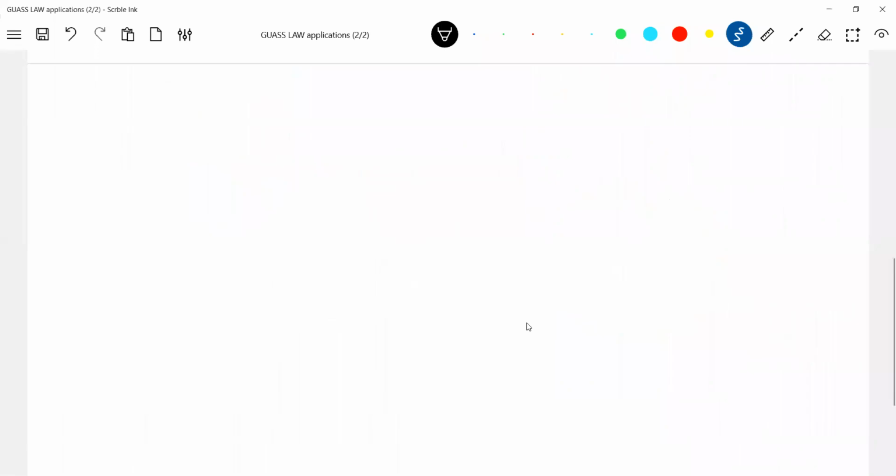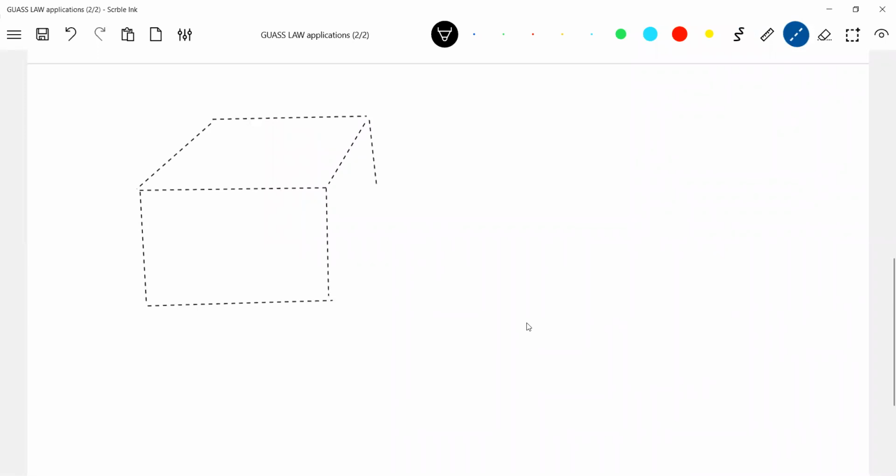I'll give this one. So there's a point mass. What I do is I'll keep a point mass at the center of the Gaussian surface, a cubical Gaussian surface, I'll assume. Initially you'll find it a little bit difficult. Once you understand, you feel there's a most easiest way.